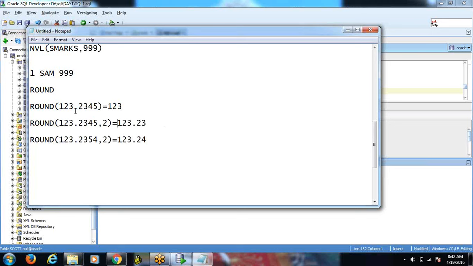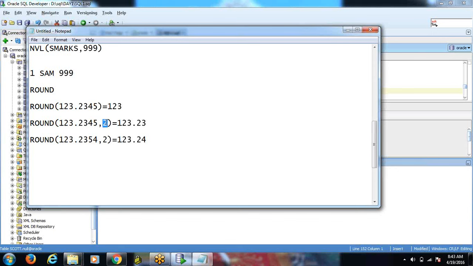Yeah, below 5, then it should come up to 4. If suppose there is a 0.5, then it will retrieve as 124. Here I am having some 2, so it is retrieving 123.